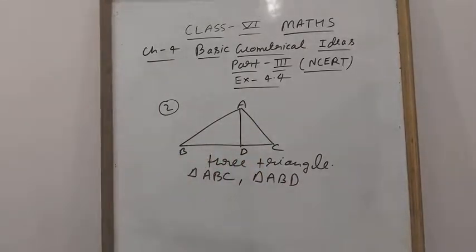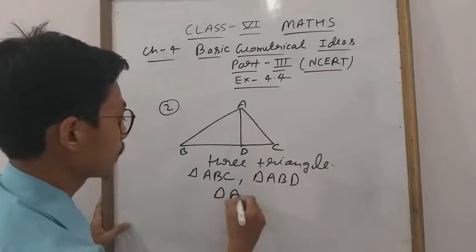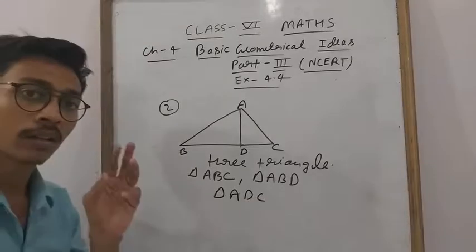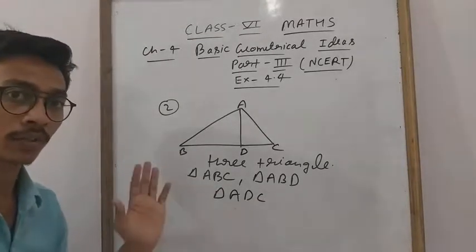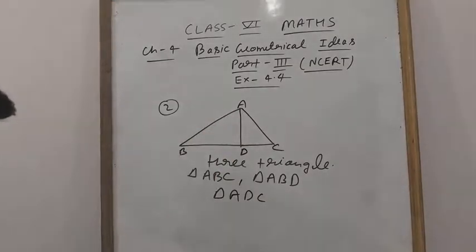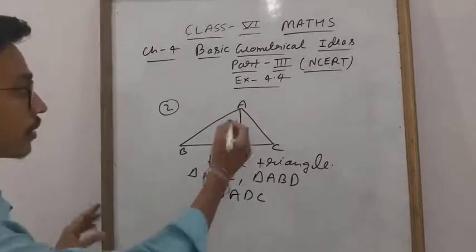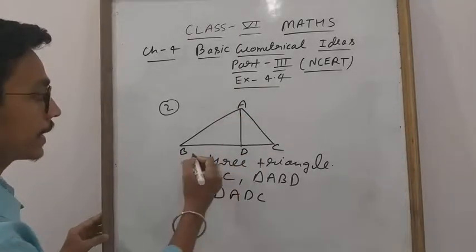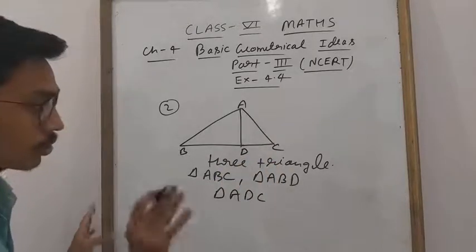Next you can write down what? Now the next triangle A D C. Triangle A D C. Triangle means made up of 3 line segments and it should be closed. An angle will not close. Clear? So this is about triangles. Also you can write down. ठीक है? Next is given. Write the names of 7 angles. Of 7 angles you will write down. Write angle ABD, angle ADB, angle ACD, angle ADC like that. Clear everyone? So you will write down.